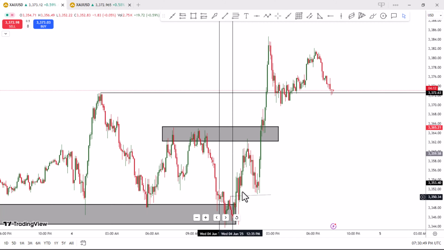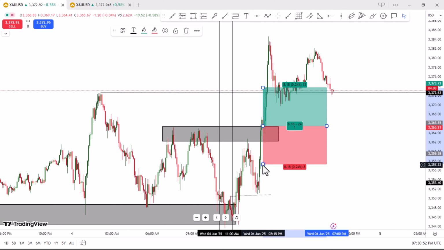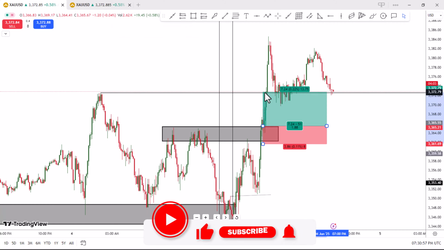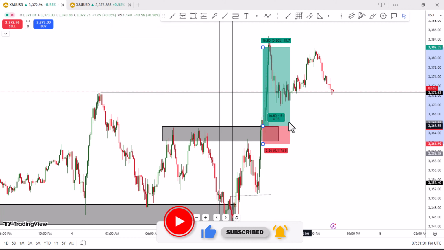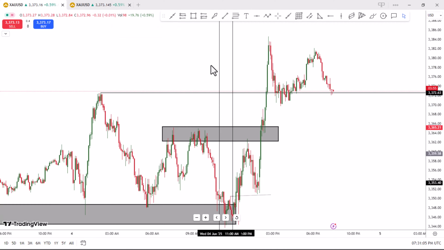So even if this took you out, you still could have been in a trade like this. At least something small you would have gotten from this trade as well. Probably first TP right here, and you'll be targeting second TP right. Very, very simple. So my problem is a lot of people actually concentrate on the entry and you don't concentrate